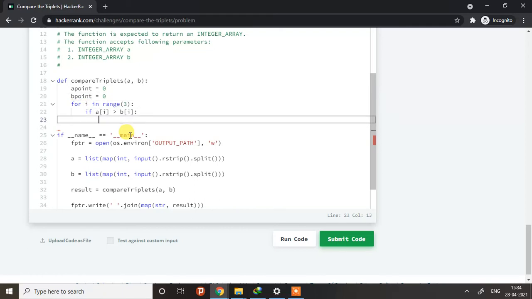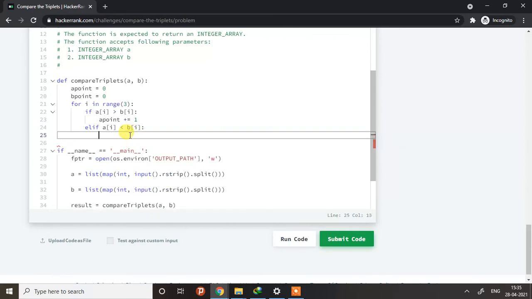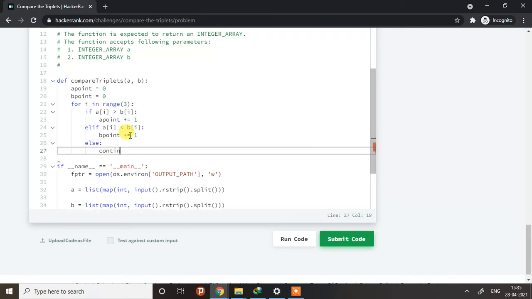Now if A of i is greater than B of i, then we just need to increment Alice's point, so a_point plus equal to 1. In the same way, else if A of i is less than B of i, then we just need to increment Bob's point. And if both are equal, then we just continue.